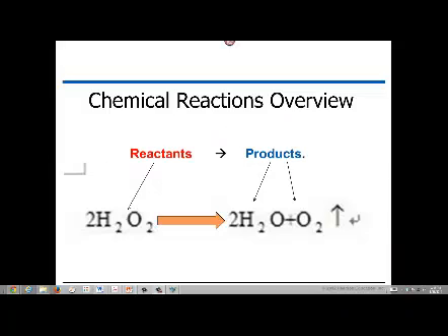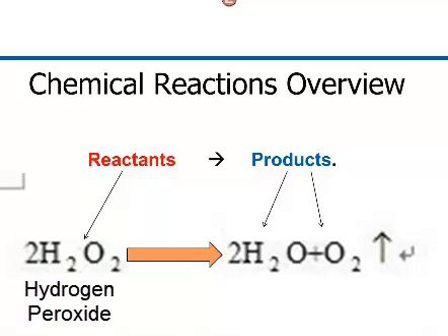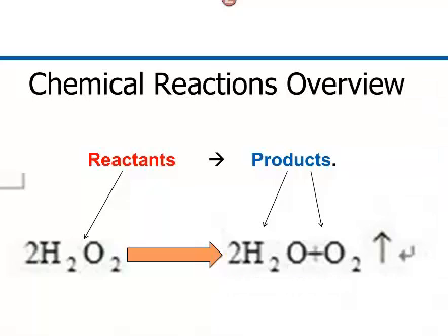So let's take a simple reaction as an example to demonstrate chemical reactions. Generally, any reaction consists of two parts: reactants, sometimes called the substrates. These are the starting materials of the reaction. In this case, our starting material is hydrogen peroxide. And the products, these are the ending materials after the reaction is completed. Here our products are water and oxygen, and the arrow next to the oxygen symbol indicates that oxygen is released